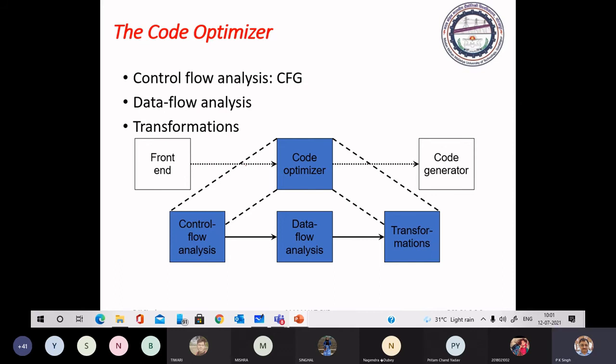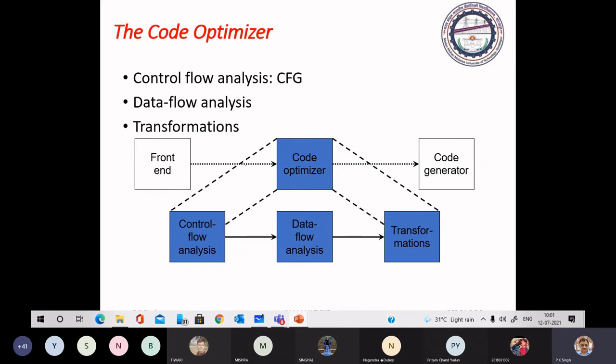So now it is a general translation. We do translation as directed by the syntax, so it is called syntax directed translation. Now we have several redundancies in the generated code.